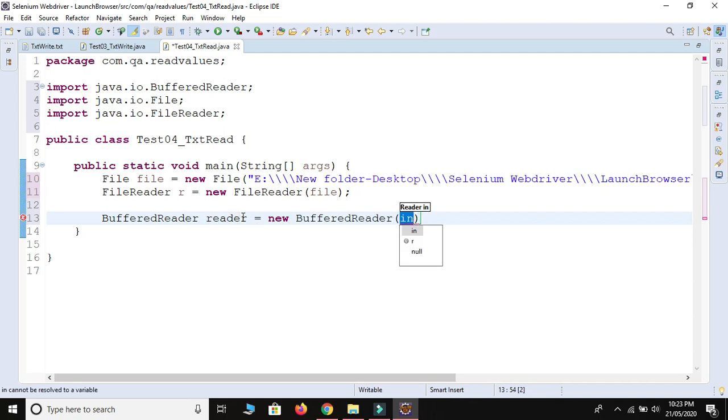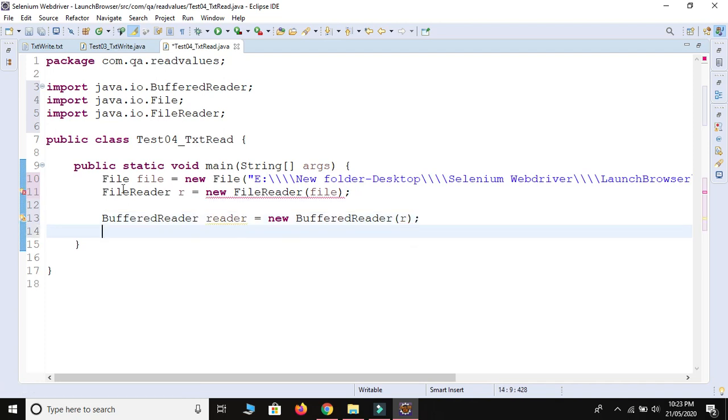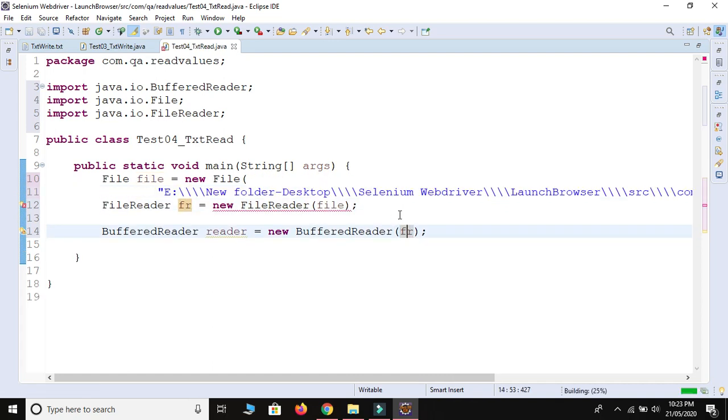Okay, then I will provide R here. Again connectivity. Okay, file is used here, and this R, file reader, is used here. Control Shift F, Control C. Let me throw the exception.